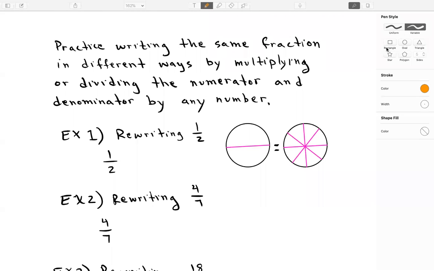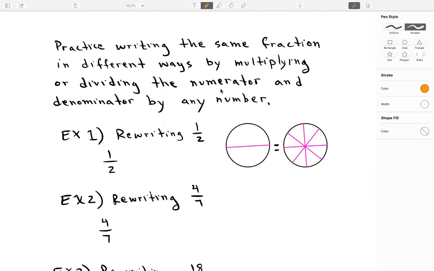In this video, we're going to talk about how to add fractions and subtract fractions that have different denominators. But first, we have to practice rewriting fractions in a way that allows us to change what that denominator is. So first, we'll practice writing the same fraction in different ways by multiplying or dividing the numerator and denominator by